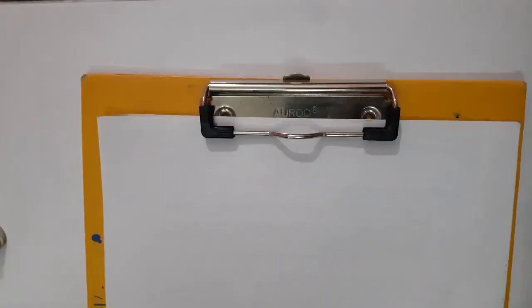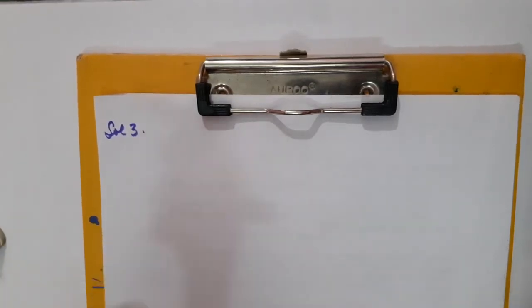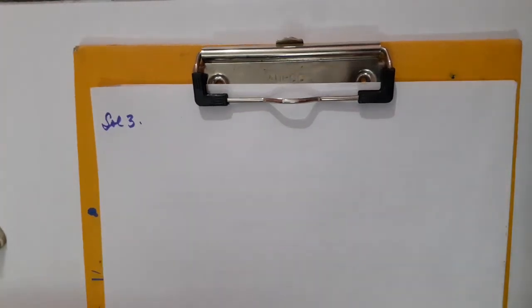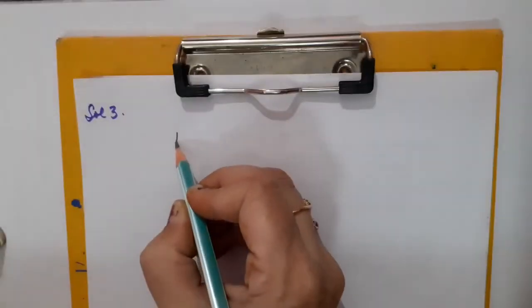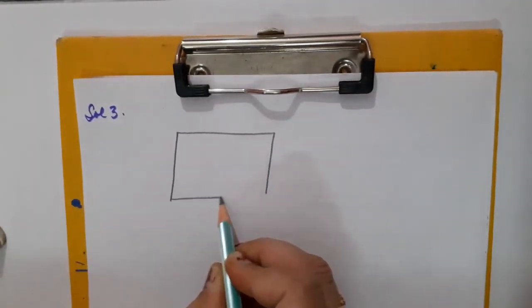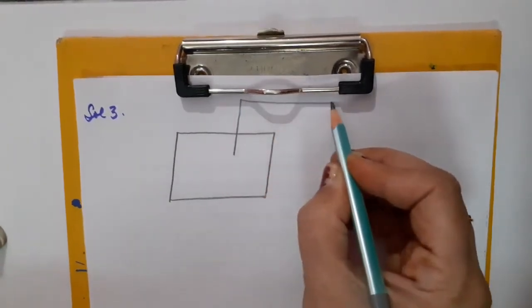Okay, children, now let us switch to the next question. Next question, that is solution number 3. Please listen to the question carefully. A cistern internally measuring 150 centimeters into 120 centimeter into 110 centimeters. So these are the length, breadth and the height of the cistern given, children. Cistern is always cuboidal in shape. So let us draw a cistern first of all. Here you can see that I am just going to draw a cuboid, which is actually a cistern.